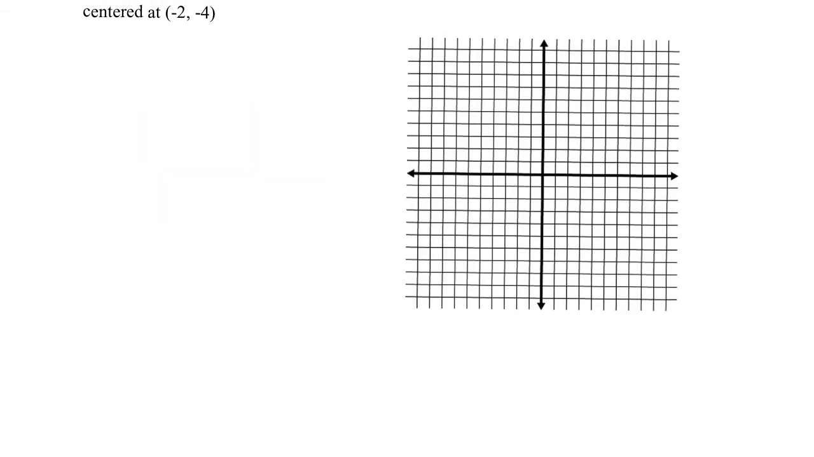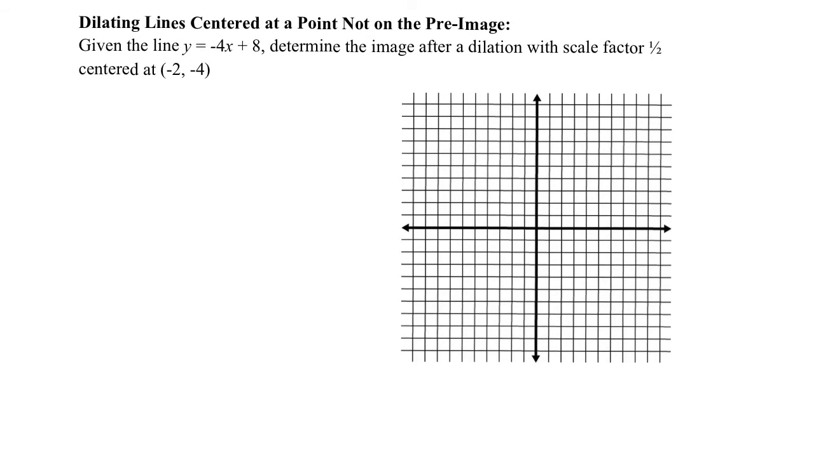Okay, so let's look at, we're gonna dilate this line. We're gonna have a scale factor 1/2 centered at -2, -4. Okay. The best thing to do here is just to graph this out. Okay. Oh, wait, we got to do our test. What am I saying? I totally forgot. Let's test